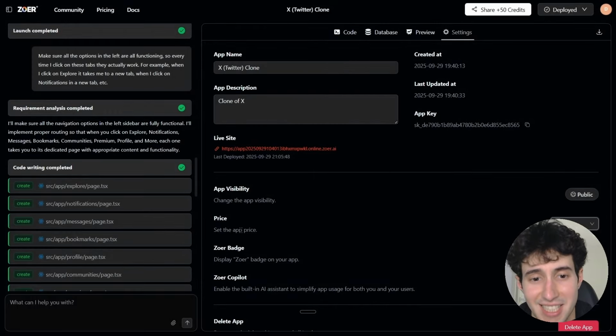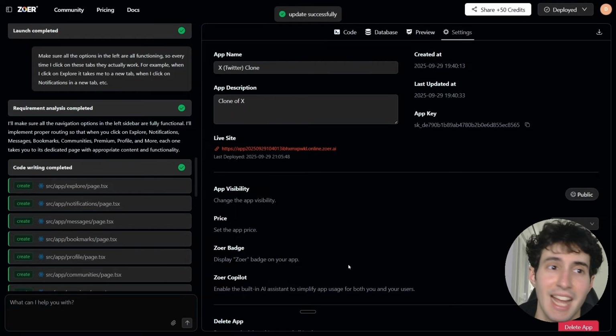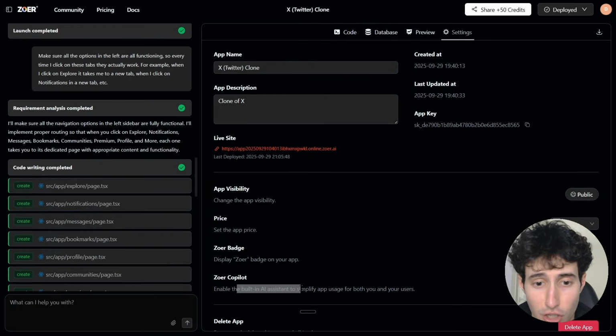But that's how you basically set up the price of your app, and then you can also decide whether you want your app to display the Zoer badge or not. I would advise you to turn this off since you want it to have your own branding and not Zoer's branding. And you can also enable the built-in AI assistant that Zoer AI offers, which if you actually enable, what